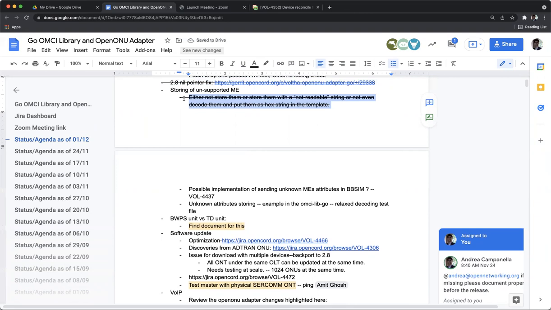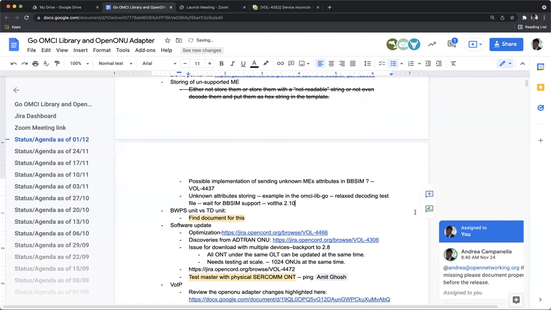The patch for storing the unknown MEs is done, but the patch for storing the unknown attributes, we decided to wait for the support by BBSim, I think. Yes. But when it is available, it should not be such a big thing. Nevertheless, the unknown MEs are already in, and I think this is more important than the unknown attributes.